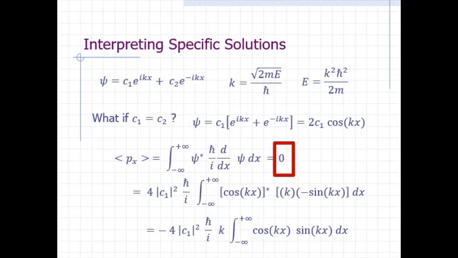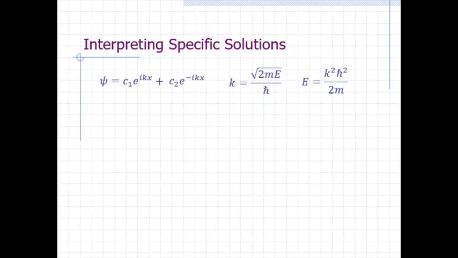Earlier, we have seen that there are only two allowed values of the momentum for this quantum state, h bar k or negative h bar k. The magnitude is well defined, it's h bar k, but we can't be sure about the direction. So what does it mean for the expectation value of the momentum to be 0? It means that both directions are equally probable. The average of h bar k and negative h bar k is 0.